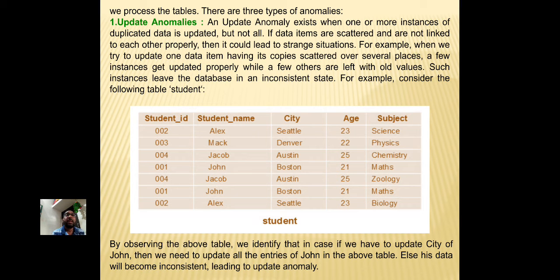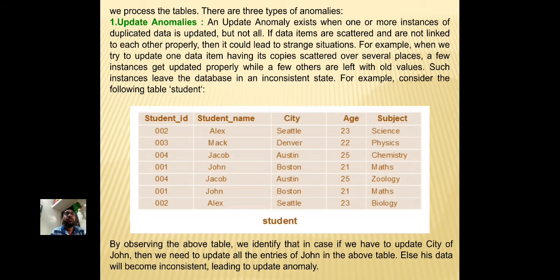An update anomaly exists when one or more instances of duplicate data are updated, but not all. If data items are extracted and are not linked to each other properly, then it could lead to strange situations.